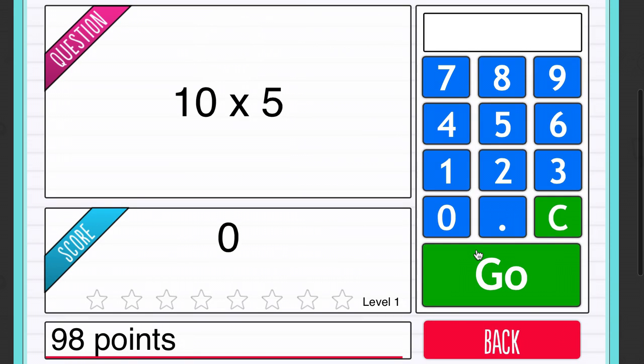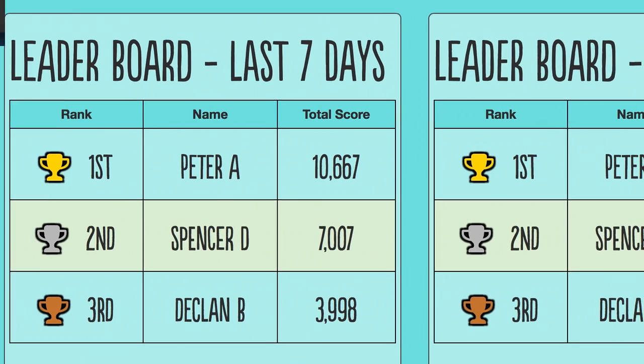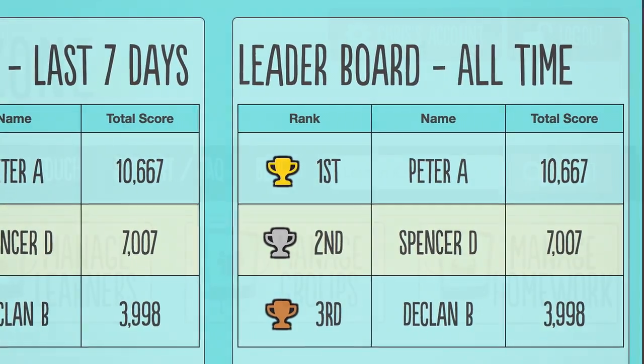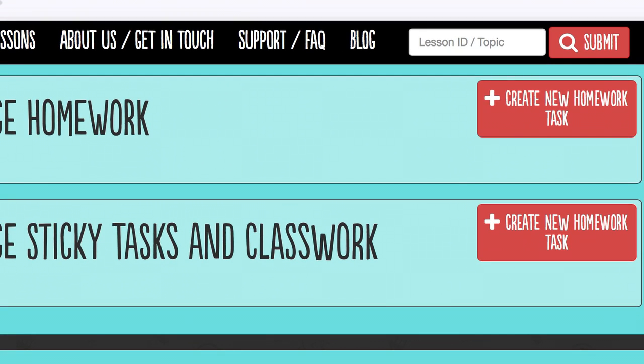Studyzone.tv activities make an excellent homework task. Many games automatically adapt their questions to meet the students' needs, whilst instant feedback and the inclusion of leaderboards stimulate students to achieve more. To create a homework activity, select Manage Homework from your control panel, and then select Create